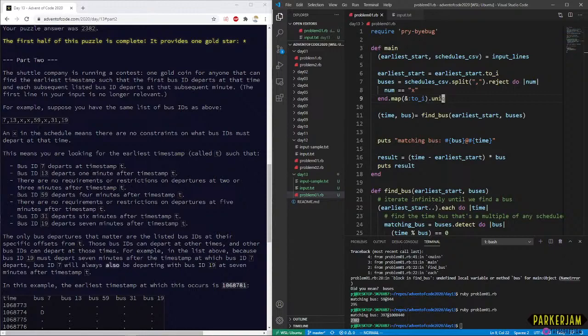Bus ID 7 departs at, 13 is 1 after, there are no requirements for...